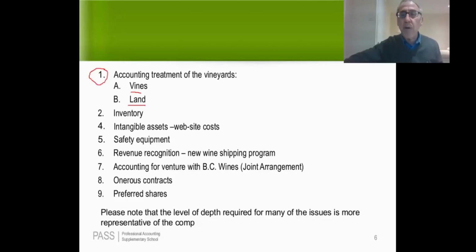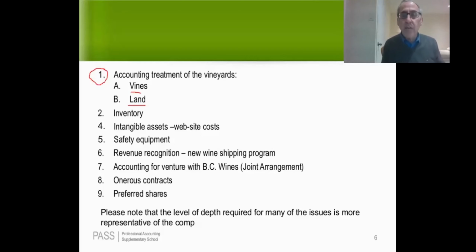Shavita asks a very important question, which I was going to bring up later, but I'm glad you reminded me now. Guys, what Shavita asks is, on a real CP case, would you ever have this many issues? And the answer is an unequivocal no. This case, I want to make it abundantly clear, is not intended to be reflective of a CP in terms of the number of issues.